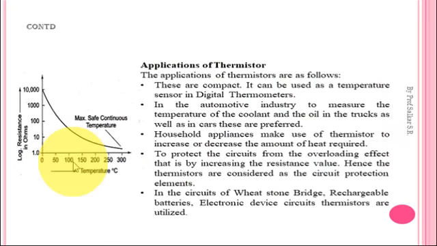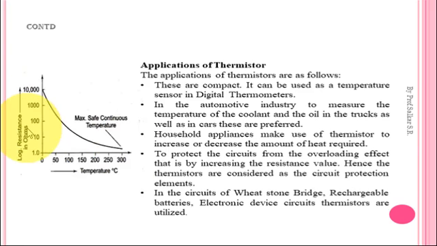Now NTC type thermistors are the most used type of thermistors. This is a graph of the NTC type of thermistor. In this graph you can see on the y-axis we have resistance in ohms, and on the x-axis we have temperature in degrees Celsius. Here temperature varies from 0 to 300 and resistance is from 1 ohm to 10,000 ohm. NTC means as temperature increases, the resistance goes on decreasing. As temperature increases on the x-axis, resistance decreases on the y-axis, and so we get such a graph. This graph is called a non-linear graph for the NTC type of thermistor.